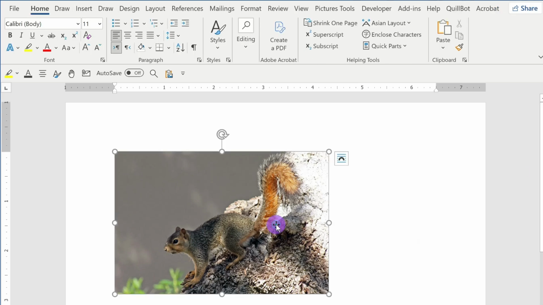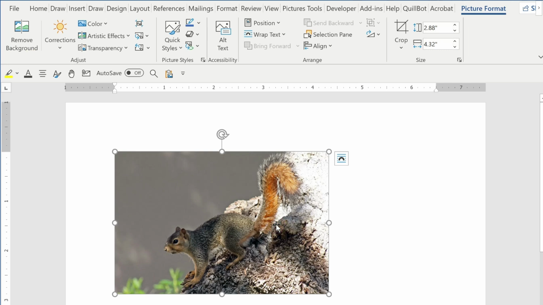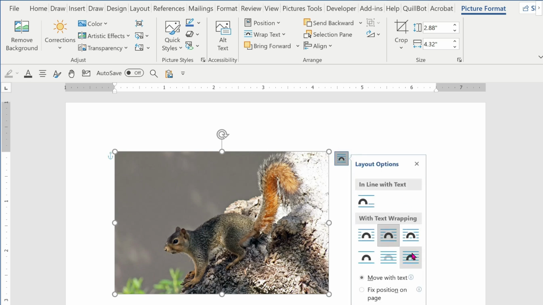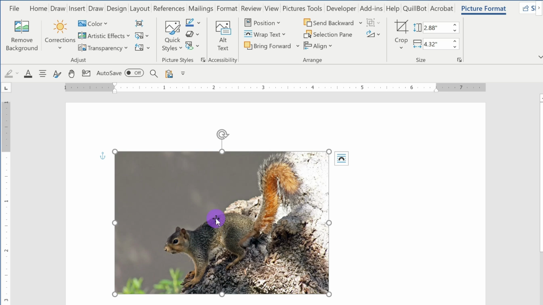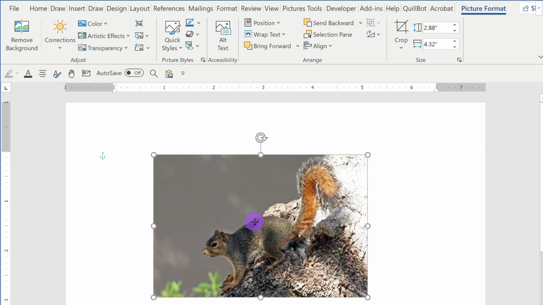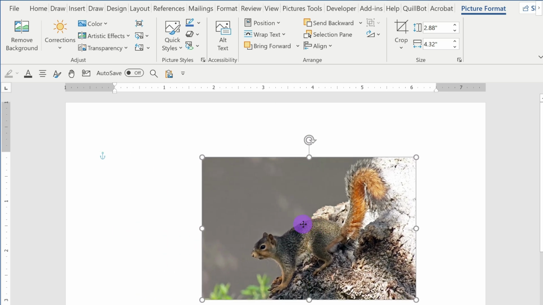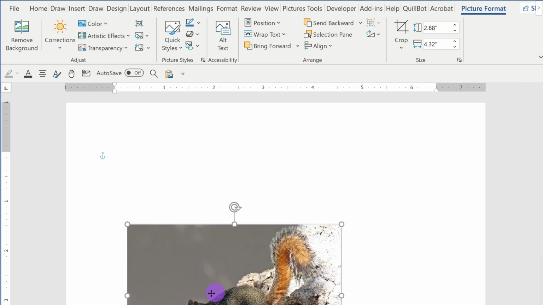So when you click on the image in Word, a small icon appears at the upper right corner of the picture. This is the fastest way to unlink the image. Select In Front of Text. Now you can click and drag the image to any coordinate on the page without it jumping between the lines of the text,